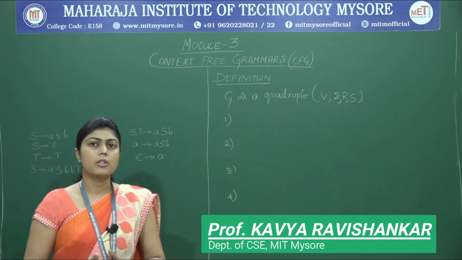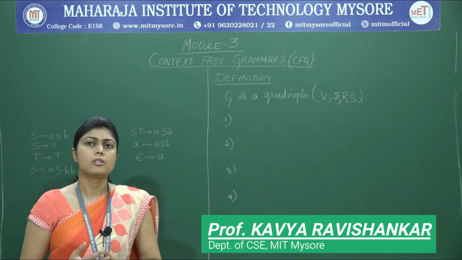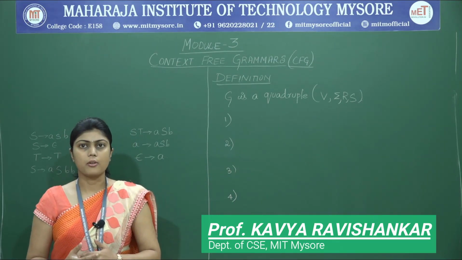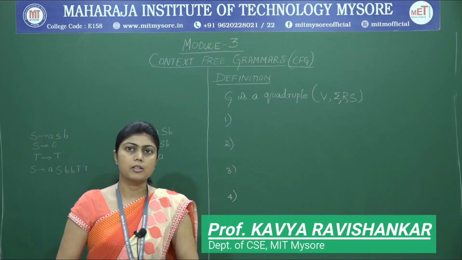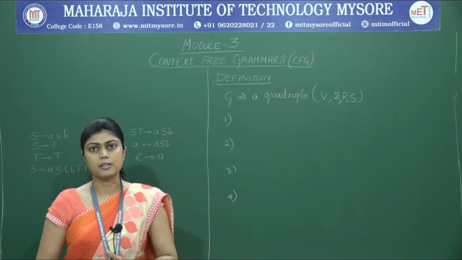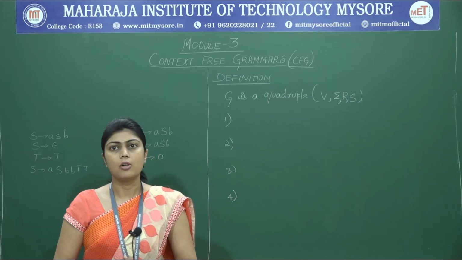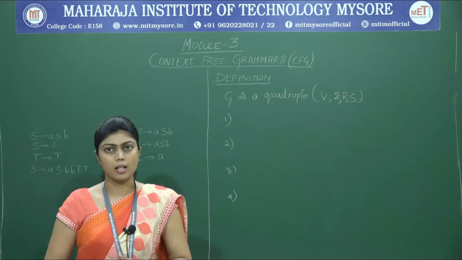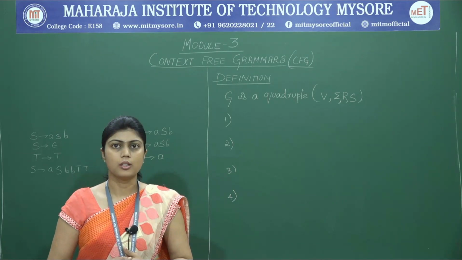After we learn the derivations, there are two types of derivations: a leftmost derivation and a rightmost derivation. Once we have learned the leftmost and the rightmost derivation, we are going to check whether the given grammar is ambiguous or not. An ambiguous grammar is one which generates strings of different types. We are going to learn how to identify and eliminate the useless symbols in the grammar. So these are the things that we are going to learn in module 3.